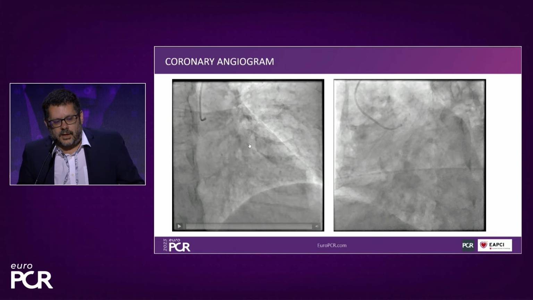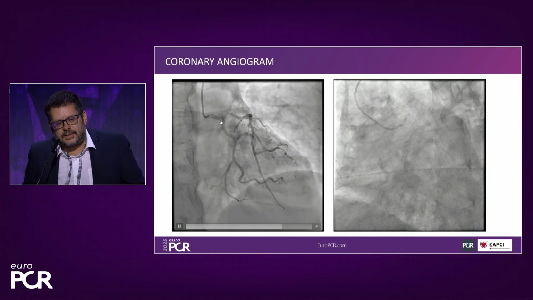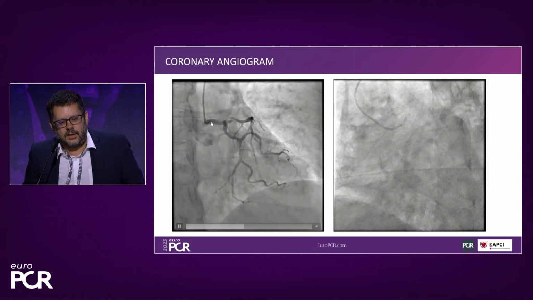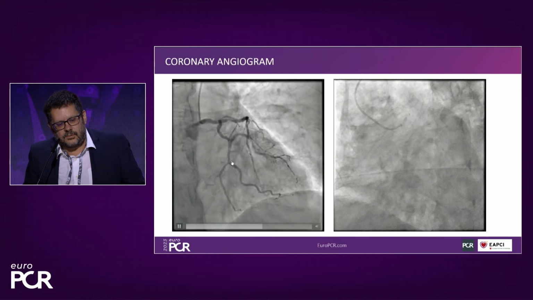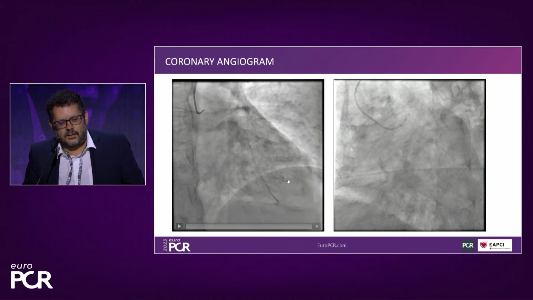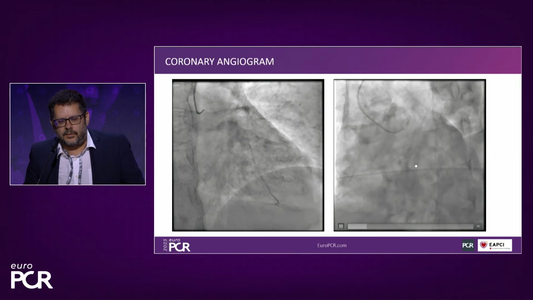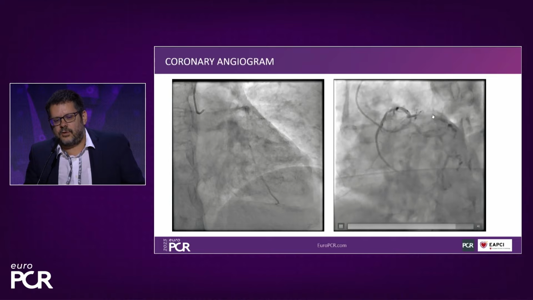So we did a coronary angiogram, and this is what we saw. As you can see, there's mild atherosclerosis in the left main, and the first thing that you see is in the distal circumflex this intermediate lesion, which affects this second marginal branch, which is of good size. Here in the spider view, you can see more or less the same thing, but you can also appreciate